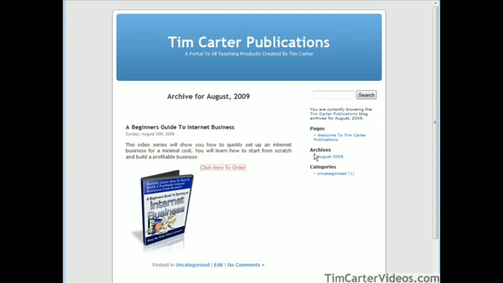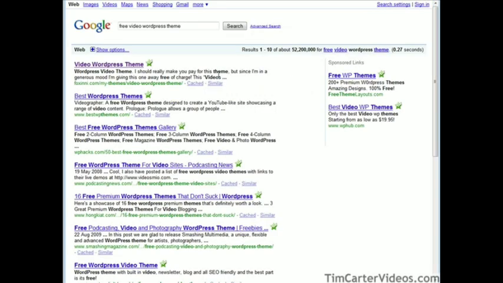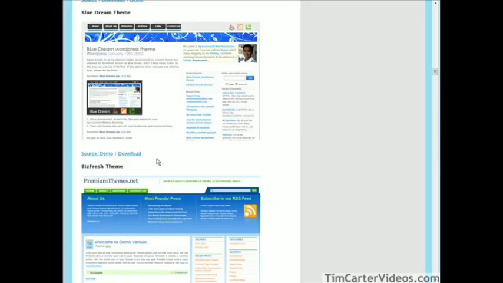The next thing we could do is choose a better theme. So what we could do is just go look for a theme that fits with what we're trying to do here. You just do a Google search and bring in a theme that you think is appropriate. Okay, so we can just do a search on Google for the type of theme we want. So I just did a free video WordPress theme, and we can look through here and find one we like. Once we find one we like, we can have a look at the demo,